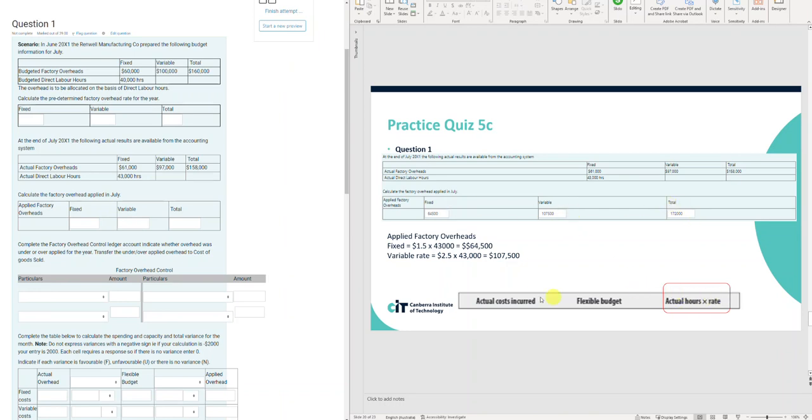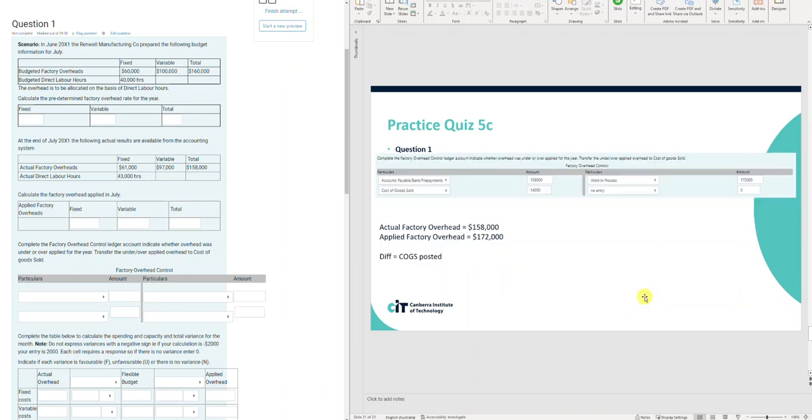It's actually the actual hours times the rate. So you see here we are looking at in chapter 7 the table where we look at capacity variances and spending variance, and we are looking at the actual hours times rate, so to calculate the capacity variance. And so here in quiz 5C,